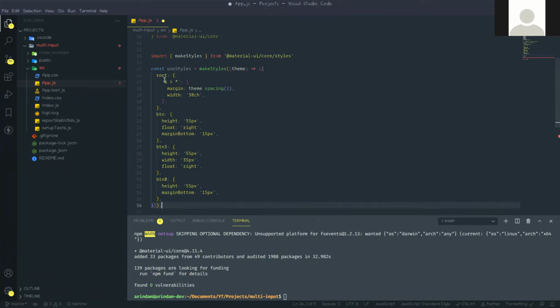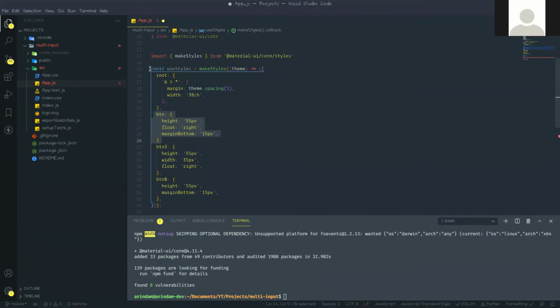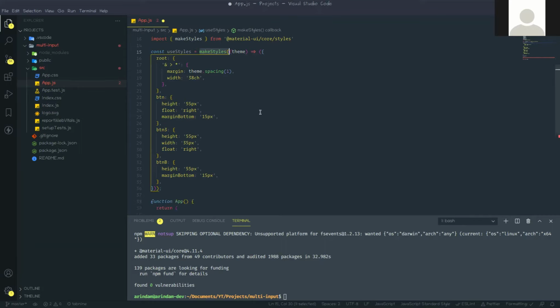So here this is the class, and depending on the class we are giving some CSS, that height, width, float, bottom, margins, all those things. And here we are using that makeStyles functional component from the Material UI core styles. So whatever custom style you want to give, you need to give inside this function.